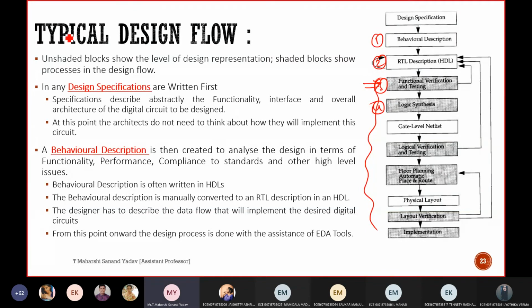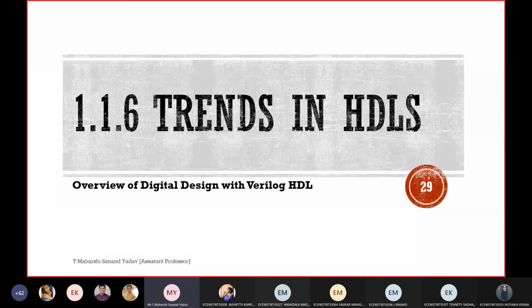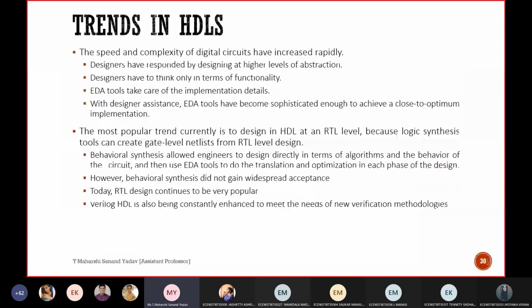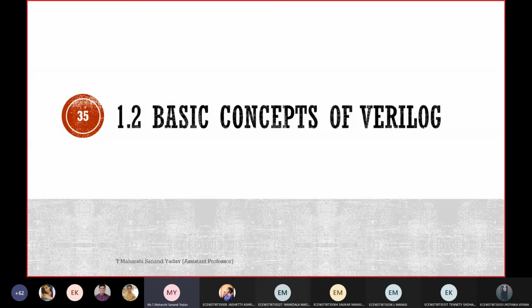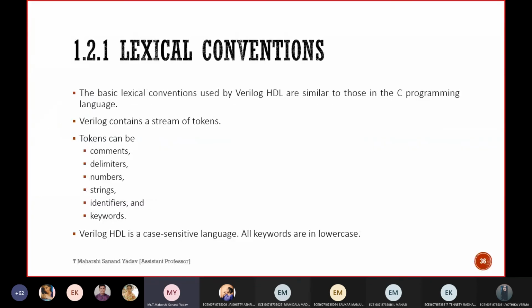Tomorrow we shall see in detail about this design flow. The first half of the unit is completely theoretical, so there is no need for you to go through it in depth, but it is better if you understand some of the major capabilities, and from here your actual topic starts: syntax.